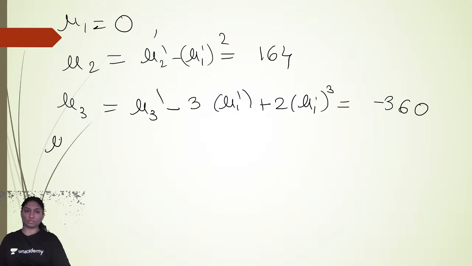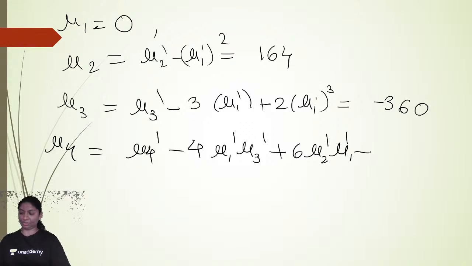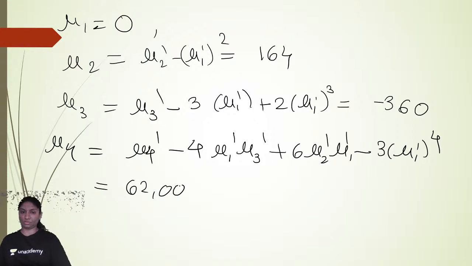Mu 4 is equal to mu 4 dash minus 4 into mu 1 dash mu 3 dash plus 6 into mu 2 dash into mu 1 dash squared minus 3 into mu 1 dash raised to 4, which is equal to 62,000. Okay, so therefore beta 1, the coefficient of skewness, is mu 3 square upon mu